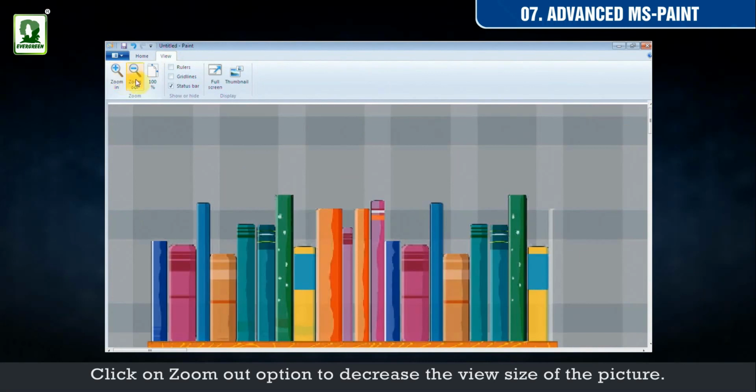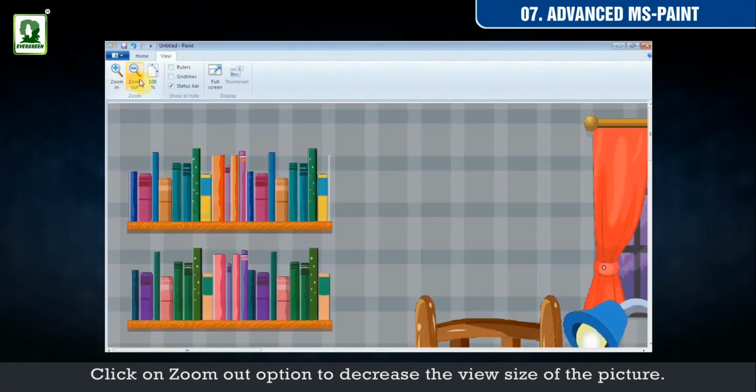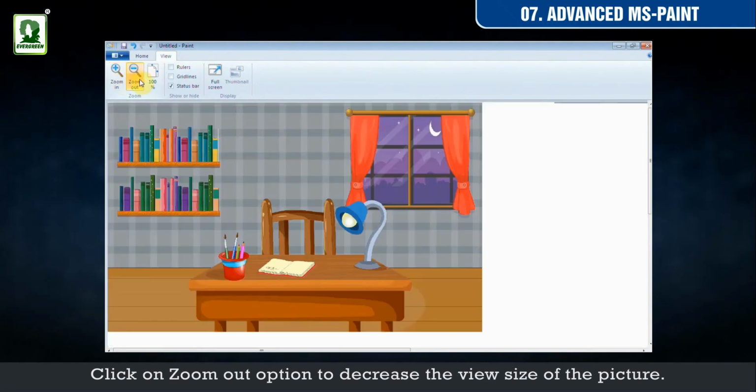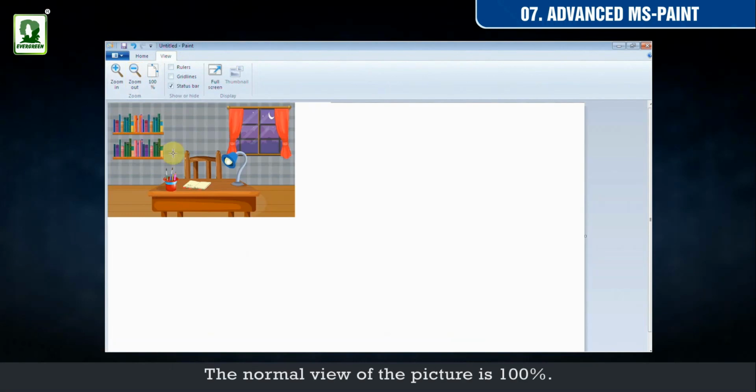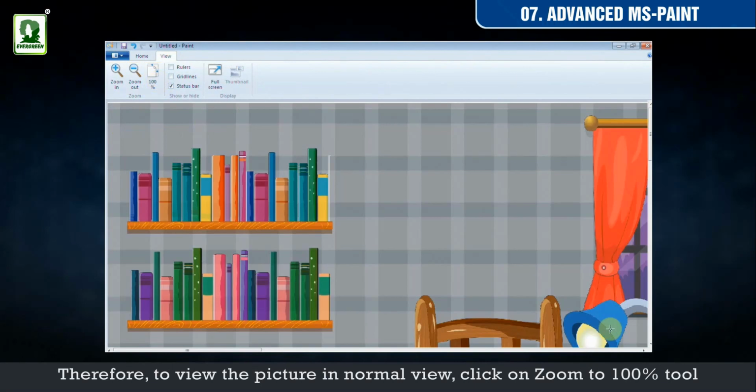Click on Zoom Out option to decrease the view size of the picture. The normal view of the picture is 100%. Therefore, to view the picture in normal view, click on Zoom to 100% tool.